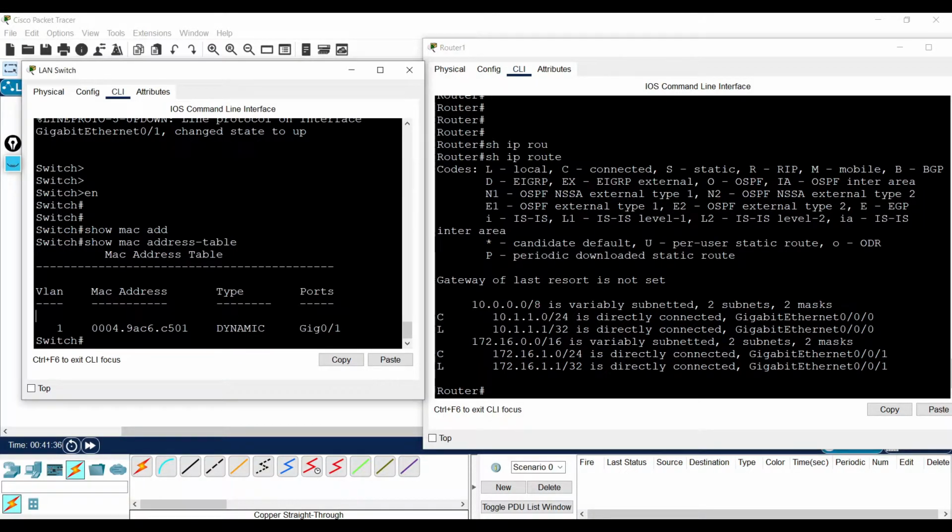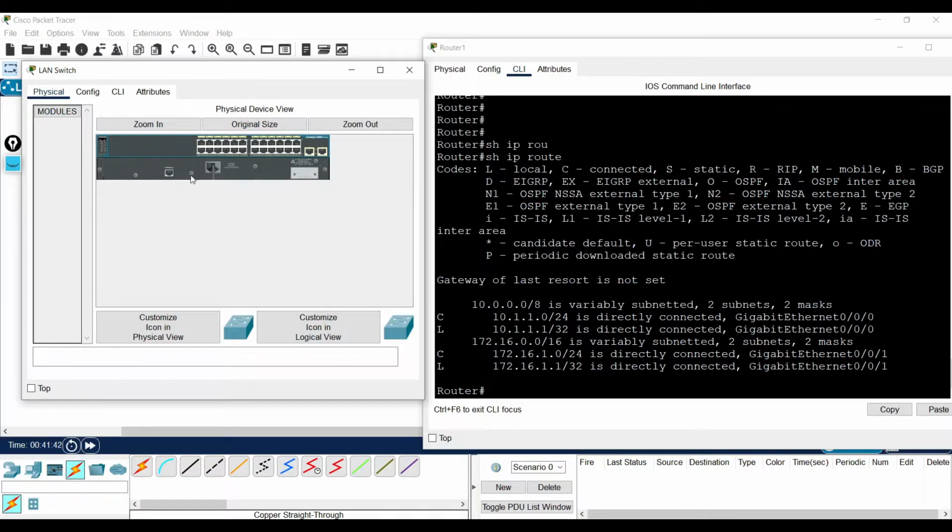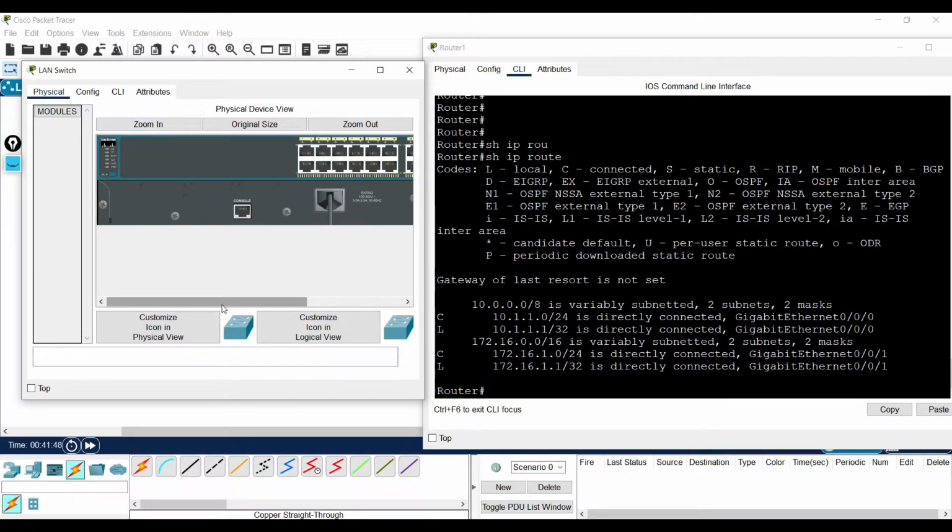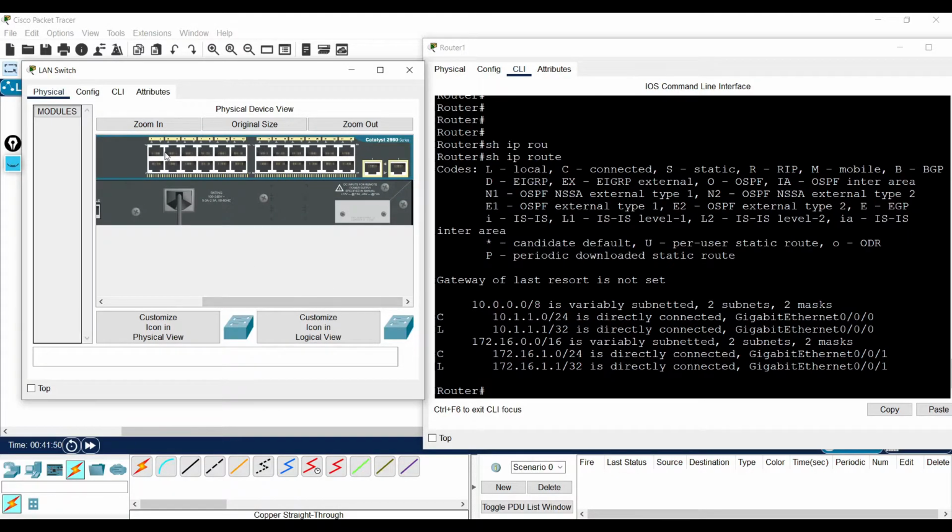Actually, the layer 2 hardware address is the permanent address which is burned inside the network interface card of a device. Let's take this LAN switch. The LAN switch has multiple Ethernet ports. Each and every port contains its own hardware MAC address, and it must be unique.